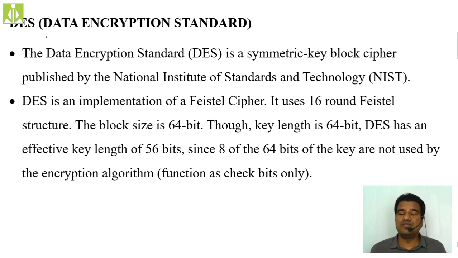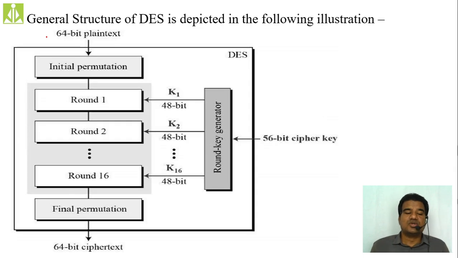That omission, how we are doing it, is based on some permutations only. We will not simply omit the bit, because if you do it like that, again it will become a problem to perform the decryption. So we apply some permutation technique to omit that bit, and at the destination level, the same technique is applied to obtain the actual key from the 64-bit key to the 56-bit key. So this is the general principle, the general mechanism we apply inside this DES algorithm.